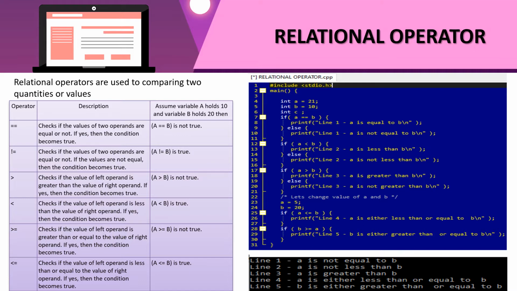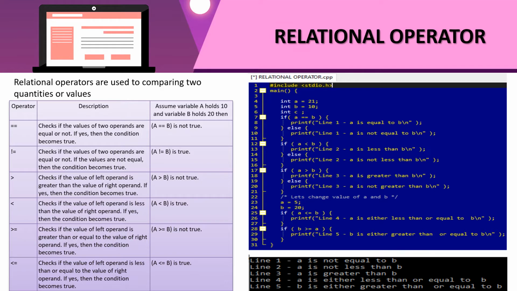Now the second relational operator is not equal to. It checks if the values of two operands are equal or not. If the values are not equal, then the condition becomes true. Now with these values, A equal to 10 and B equal to 20, A not equal to B is true.